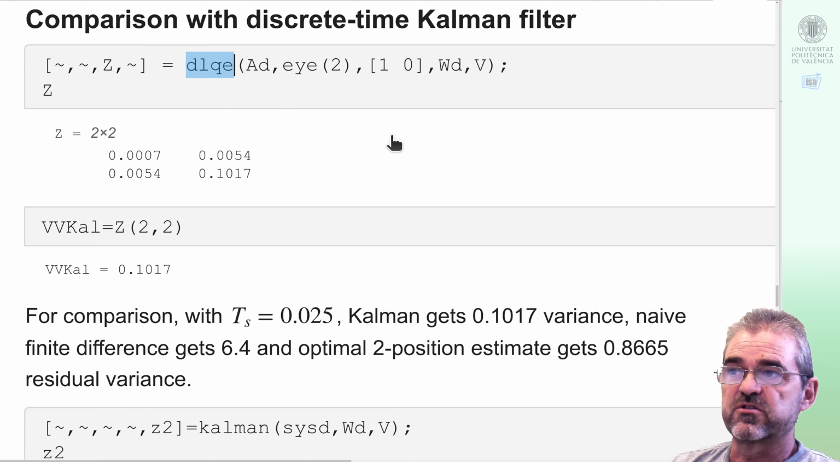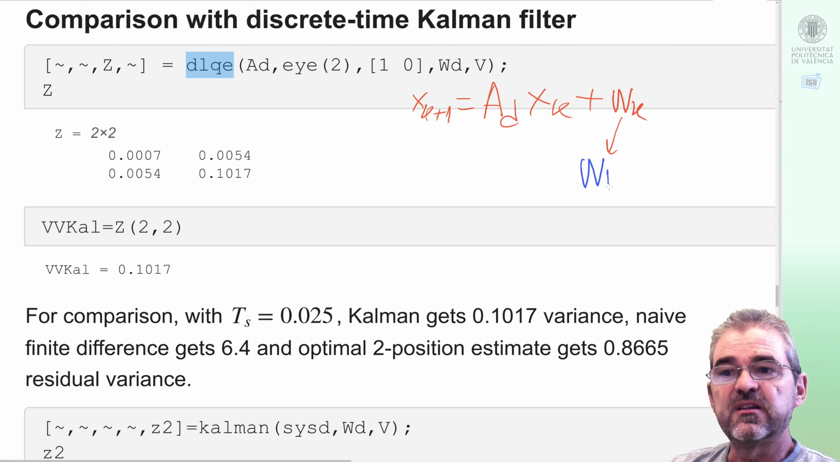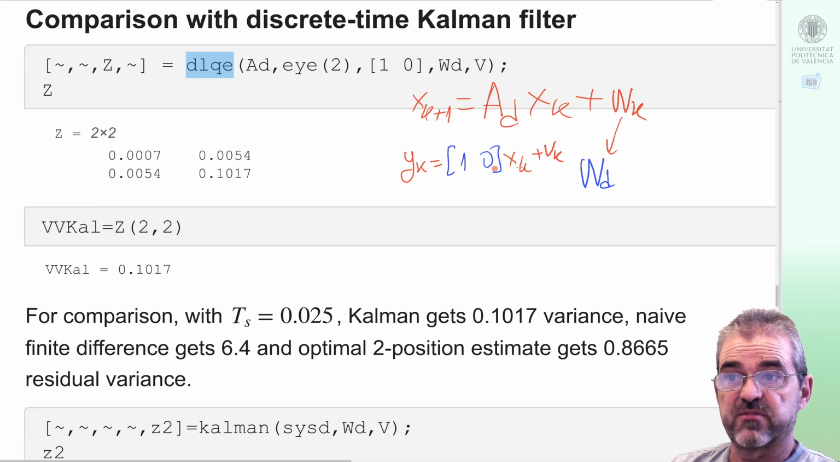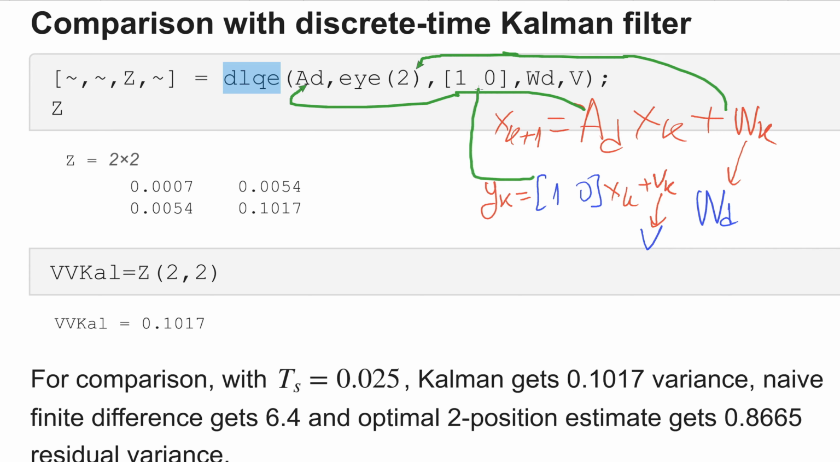Well, we can use the discrete linear quadratic estimator command and place into it the equations of my discrete time model, which was that the next state was a deterministic factor plus some process noise, which had covariance WD, and my output equation, my sensor, came from position measurements corrupted with some noise of covariance capital V. Well, then this comes here, the noise is multiplied by identity, this is the measurement matrix 1, 0, and the covariance matrices